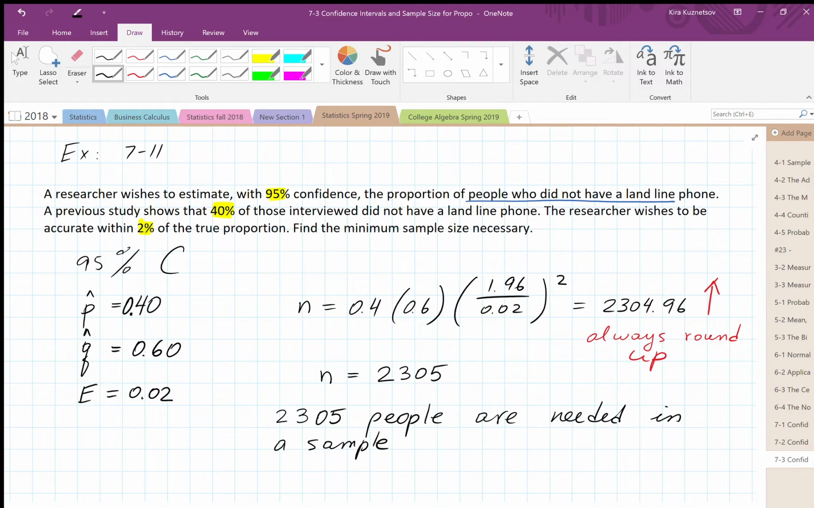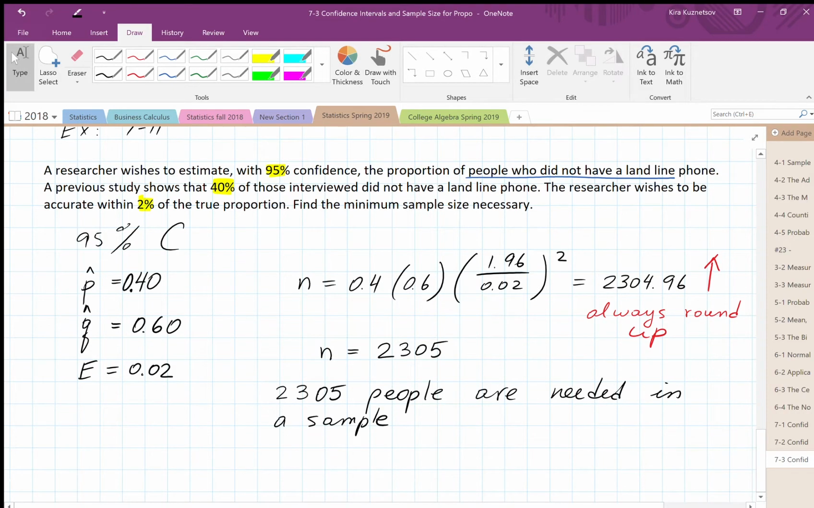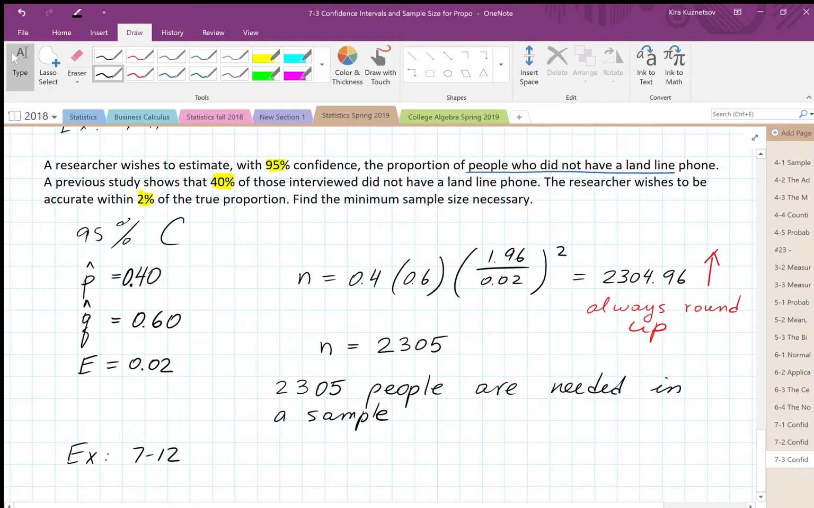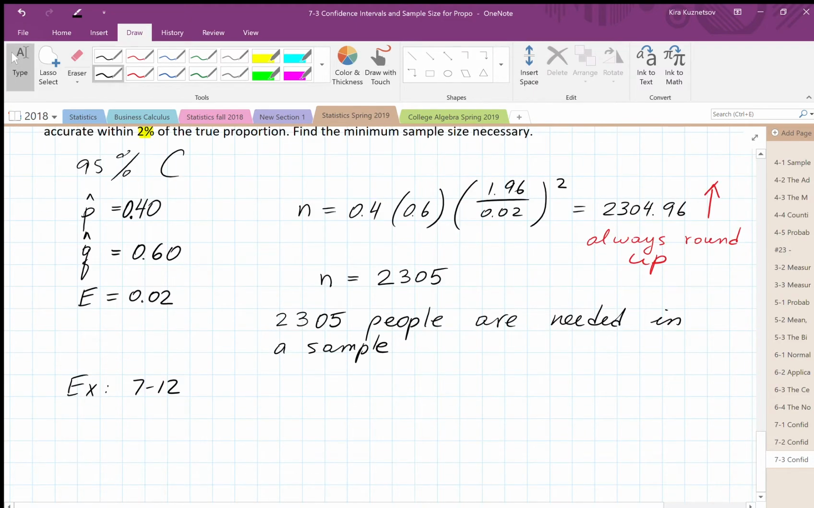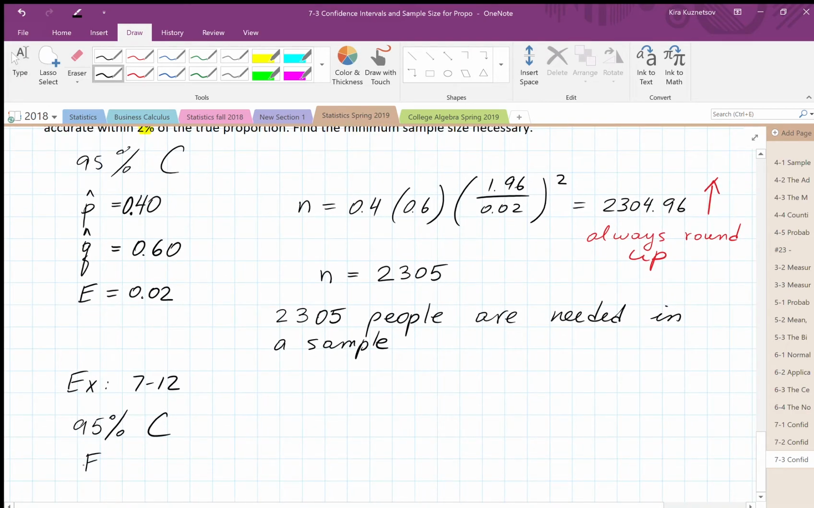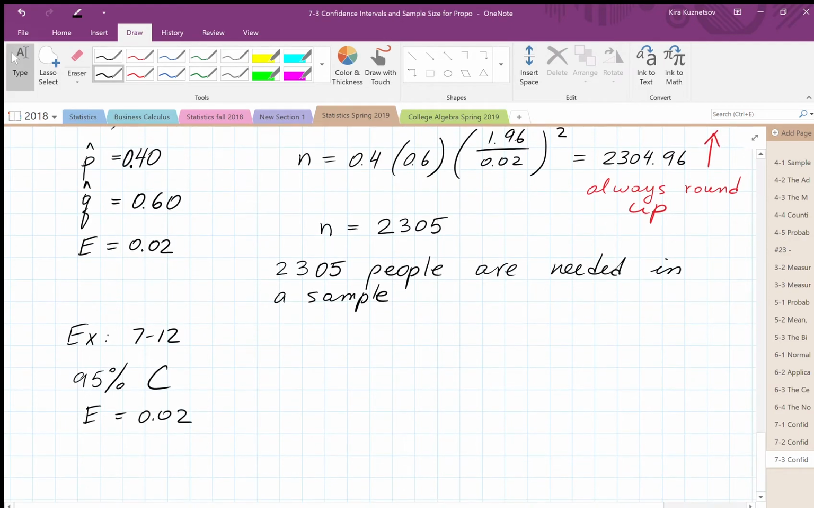Okay. Now, to finish this set of examples, I'm looking at example 7-12, which basically says I have exactly the same setup. I'm talking about the same landline. I'm still looking at 95% confidence and the error of 0.02, except I did not have any information about previous studies. So if no previous study is done,